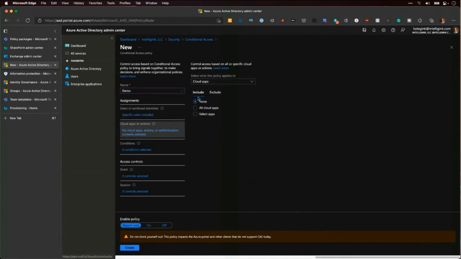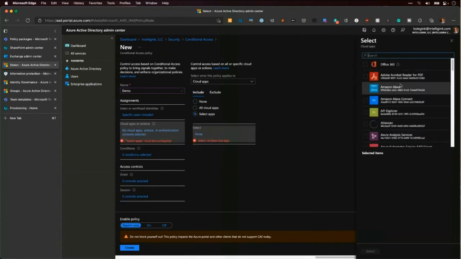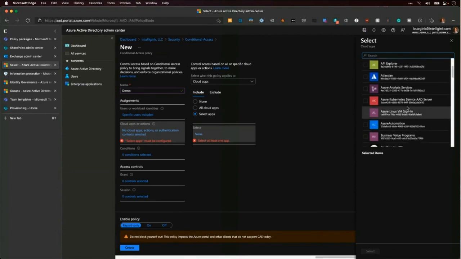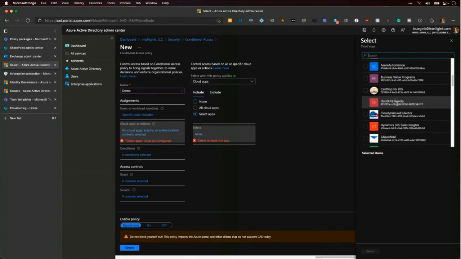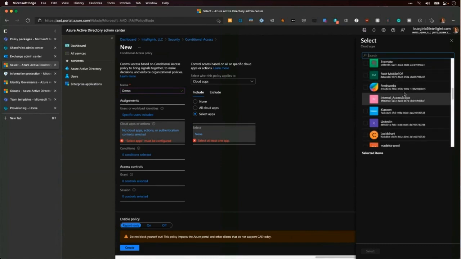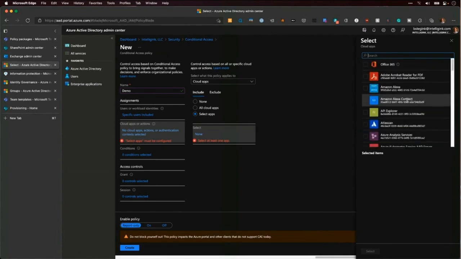Maybe we want to limit demo teams 2's access to certain cloud apps. We can limit their access to all the cloud apps, or you can go in and start selecting applications. And you'll see this isn't limited to just Office 365 applications. This includes any application that is tied into your Azure Active Directory tenant. So if you're using your Azure Active Directory credentials to log into any application, it's going to be listed here, and you can put a conditional access policy in place. For now, we're just going to stick with Office 365.